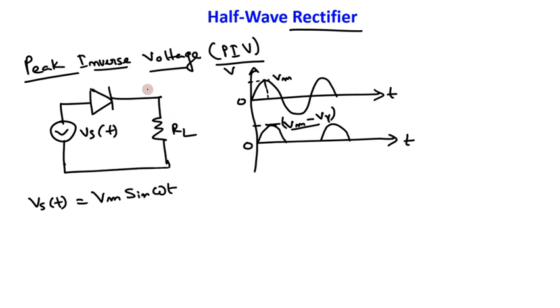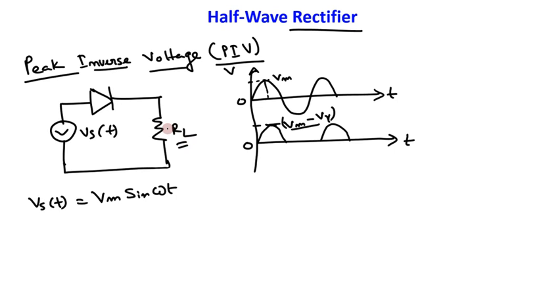Now, when the diode is forward biased, then for this positive half the diode is conducting the current, and the amount of current that is flowing through this will be determined by this load resistance R_L, and you should make sure that the diode can withstand that amount of current, otherwise the diode will burn. So you need to choose this resistance value accordingly.